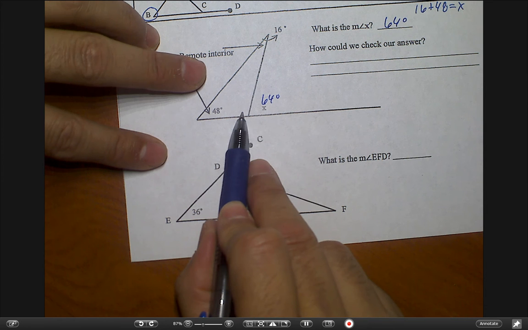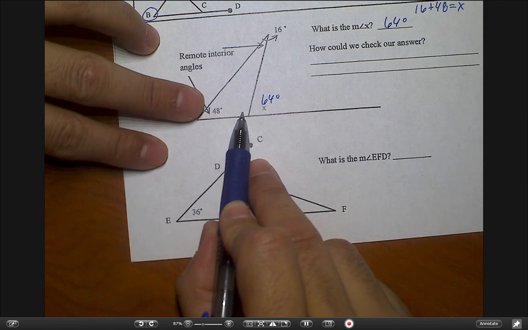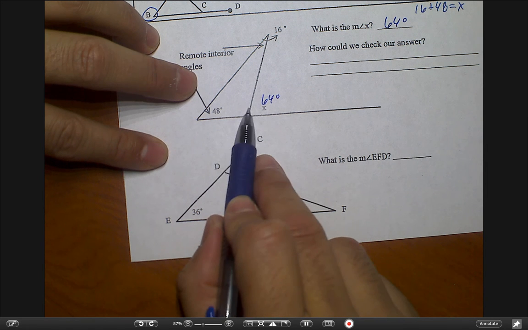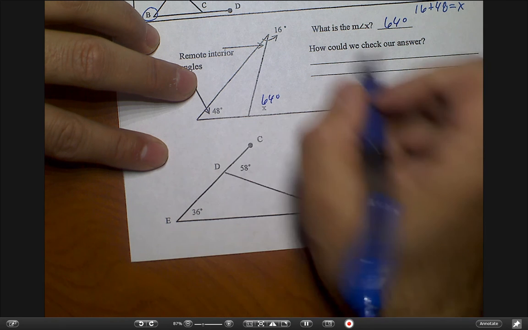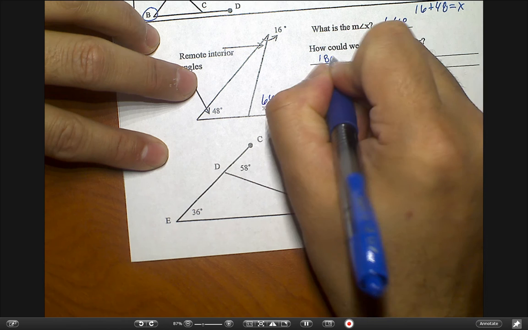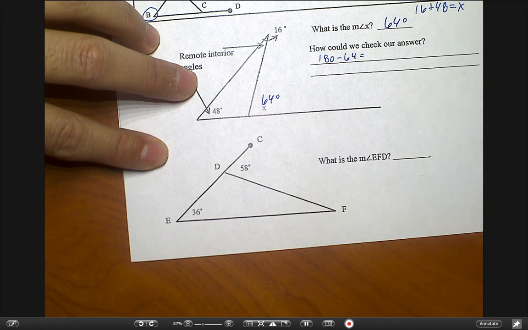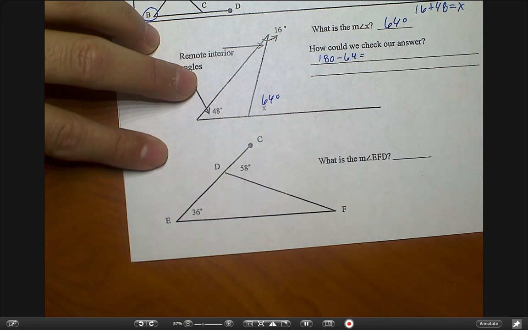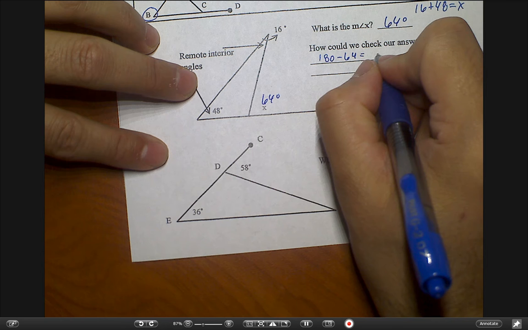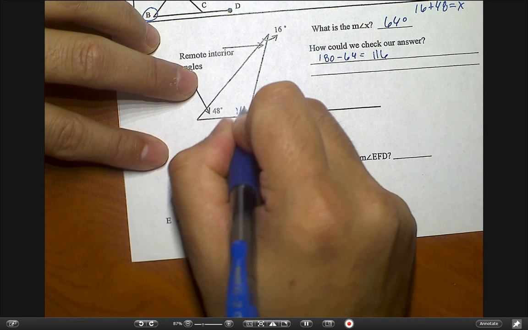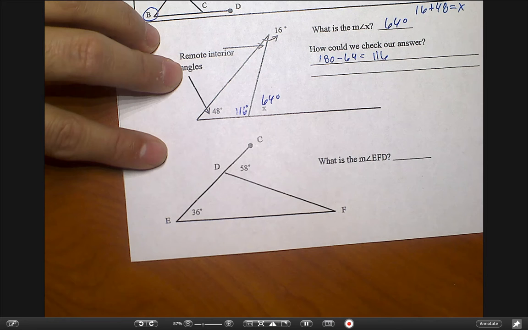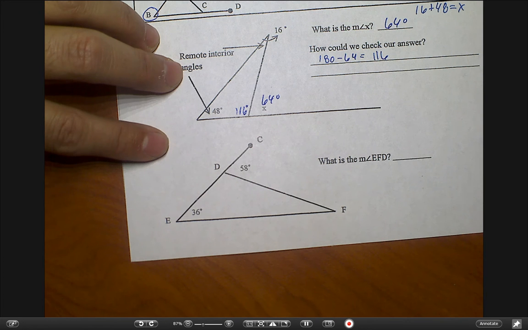Can we figure out what this one is? Yes, we could. So 180 minus 64 gives me 116. So this piece is 116. And we know that all three of these angles together